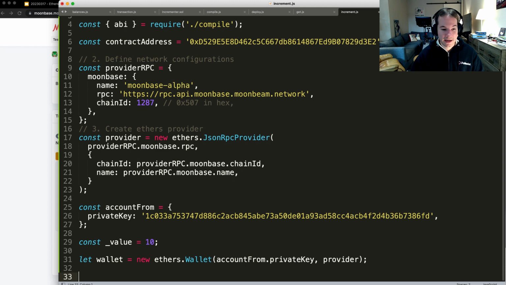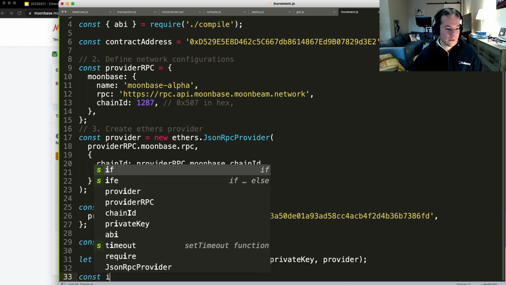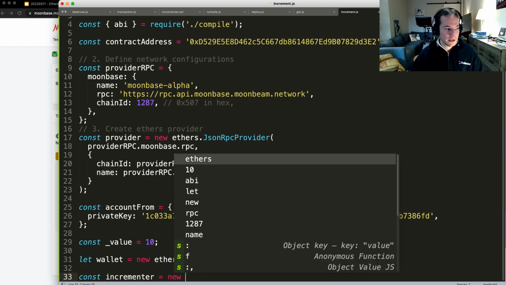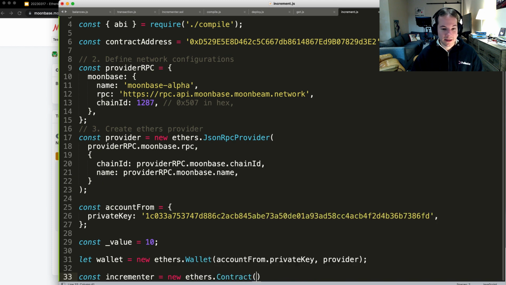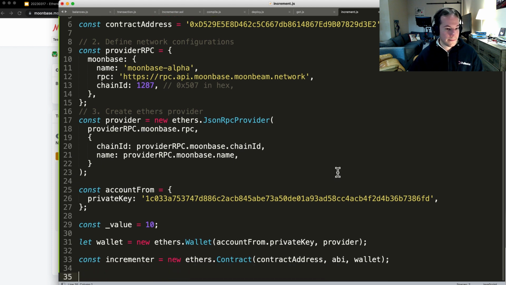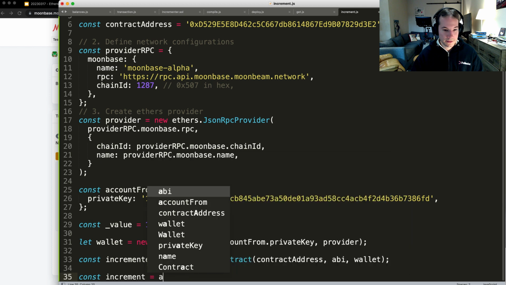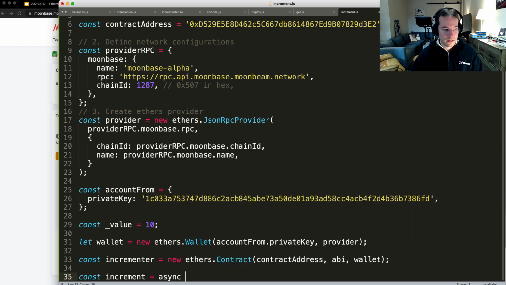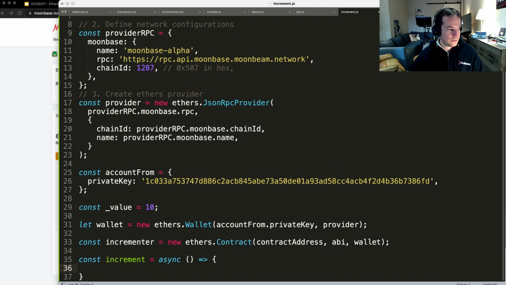Let's create a contract instance of incrementer. That's going to be new ethers.Contract. Again, we are just interacting with a contract that's already deployed, so we're just using Contract. We're not using ContractFactory here. And let's create our increment function. It's going to be async as usual. And if we'd like, we can log out what we're doing. Always a good idea